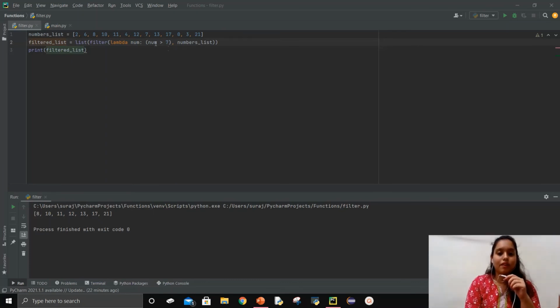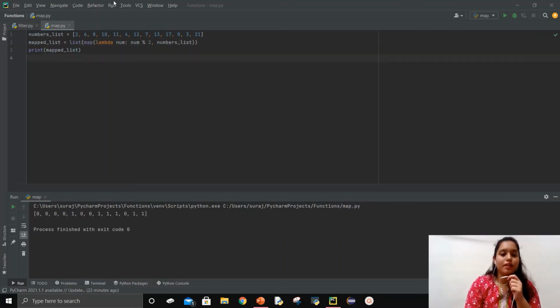This lambda function has been passed to the filter function as the argument, and the result has been saved to a variable called filtered list. Now when we print this filtered list, it prints the integers which are greater than 7. Here's the output of the filter function example.